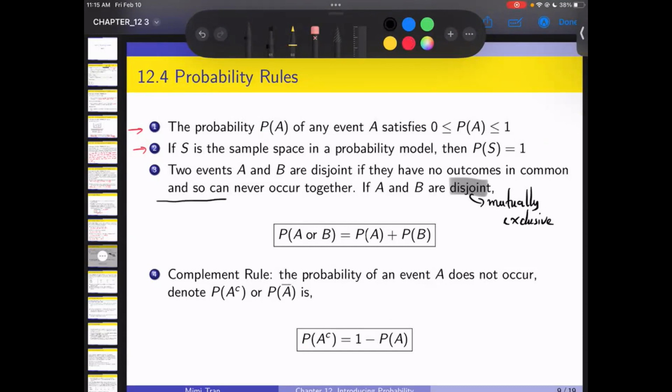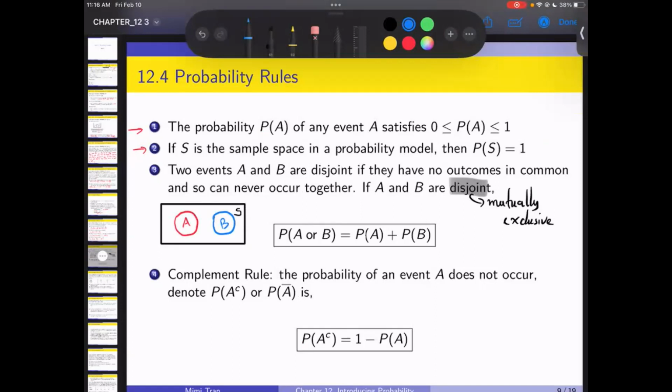If I were to denote this in a Venn diagram, let me draw it again. So that rectangle right there, that's my sample space. The probability of that rectangle will be 1. Right? Remember what I said about the ball denoting the probability of an event. So say the red ball will be the probability of event A occurring, and then the blue ball will be the probability of event B occurring. You see no intersection, right? No intersection.